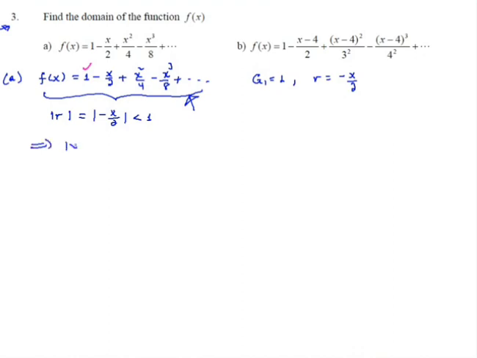The absolute value of x less than 2 ማለት ነው። This implies x is an element of minus 2 up to 2. This power series converges in this interval ማለት ነው። በሌላ አባባል the domain of the given power series is minus 2 up to 2።